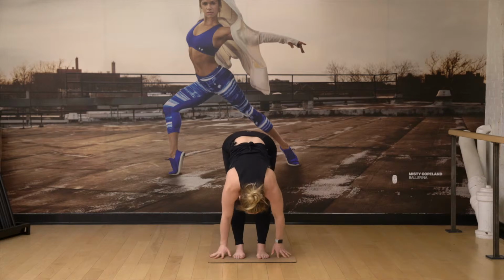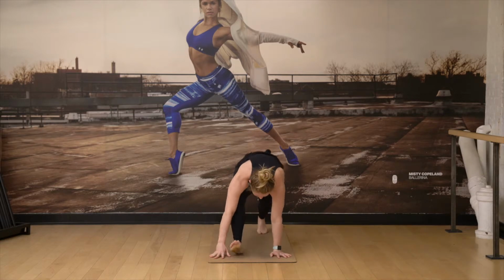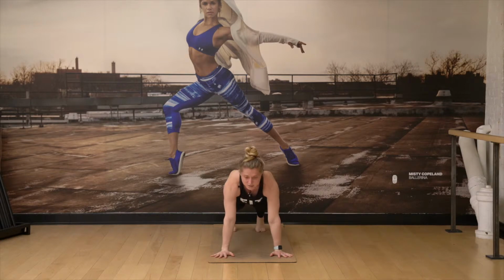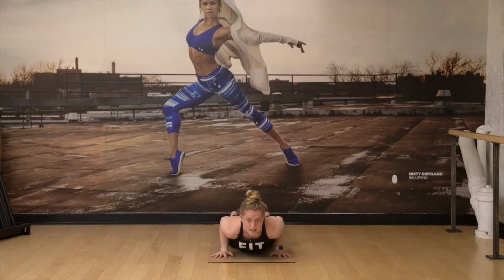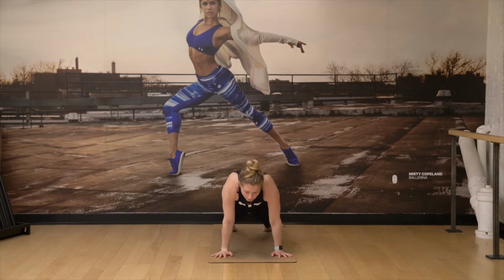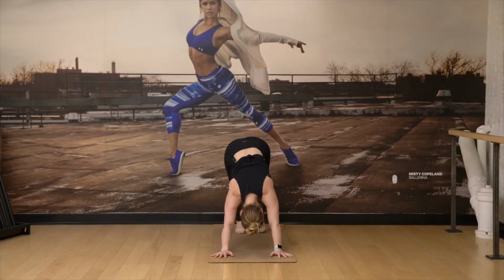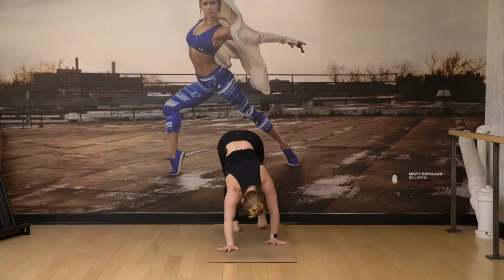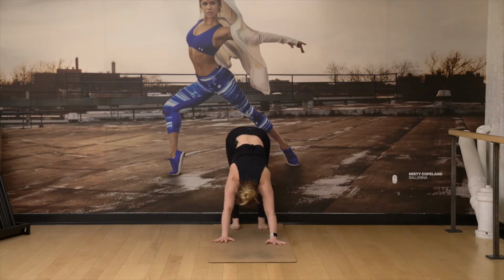We're gonna step back to high plank, take a vinyasa just to flow through here. So it's a little bit of fun sequencing, utilizing the wall, lower down. Inhale up, and then exhale, pull it back to your down dog. Now you're gonna walk back to the wall with your hands so that you're in a forward fold at the